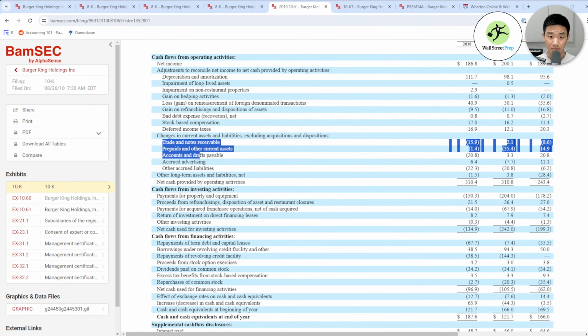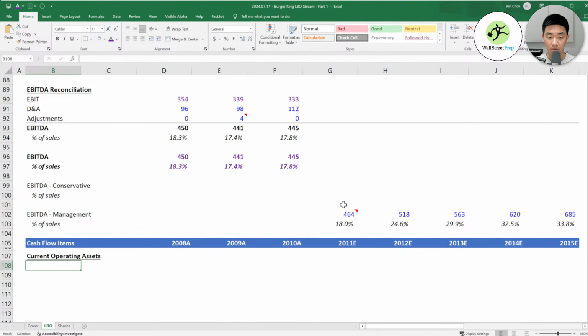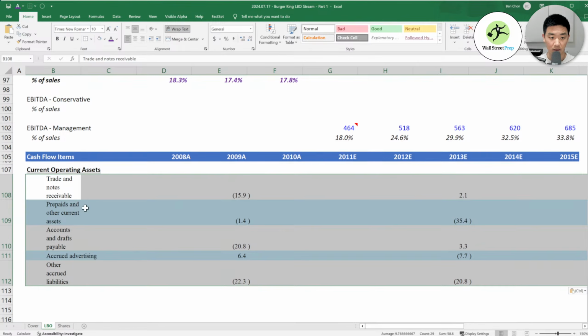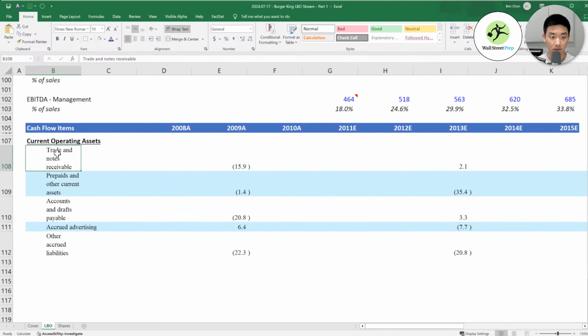So these are the current operating assets and then the current operating liabilities. So we can actually just copy paste these. I don't know how it's going to look if I copy paste everything at once. Might get messy. Okay, it's not too bad.